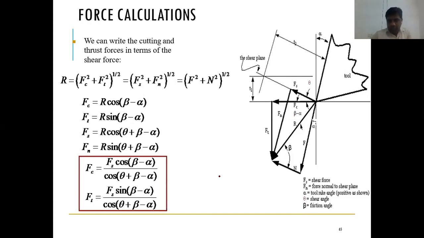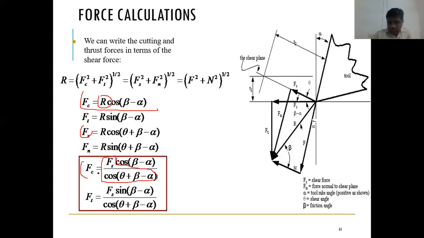So what we are doing here is the same thing. FC is nothing but this FC only. But this FC's R value we are substituting in terms of Fs. So Fs equal to R into cos theta plus beta minus alpha, right? So this R value I am writing in terms of Fs. So R equal to Fs divided by cos theta plus beta minus alpha, right? So the R value I'm substituting in this. I'm removing this R value and substituting this Fs value. So R in terms of Fs is Fs divided by cos theta plus beta minus alpha. So ये R value में substitute कर दिए.